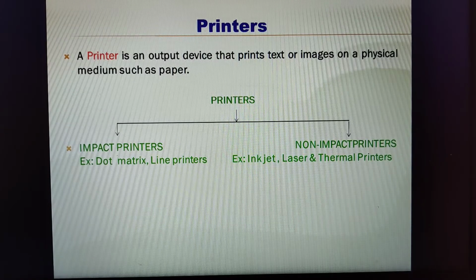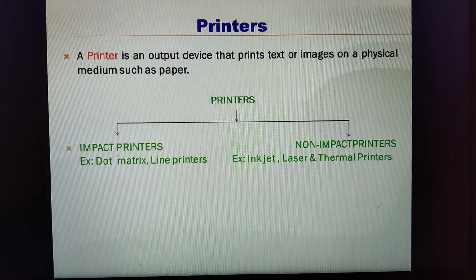These non-impact printers don't have any kind of striking mechanism, hence they are very quiet compared to the impact printers. They have the ability to change the typeface automatically, in the sense they can support different fonts, different sizes, different styles. These printers produce very high quality graphics and they also support transparency. As I said, transparency means if you want to do glass printing.